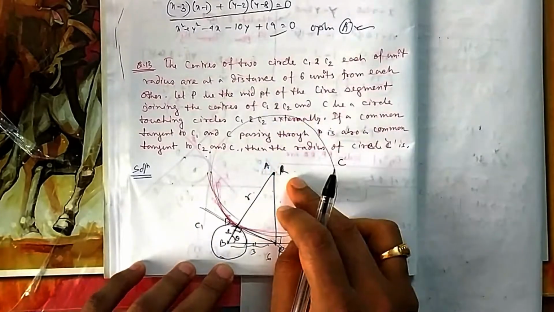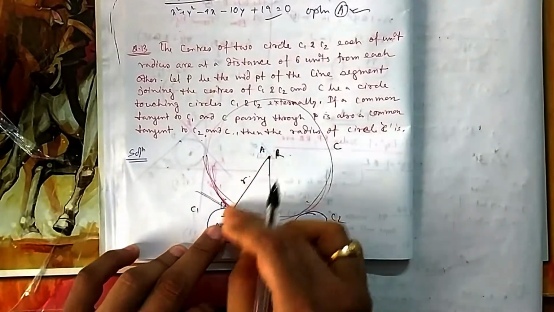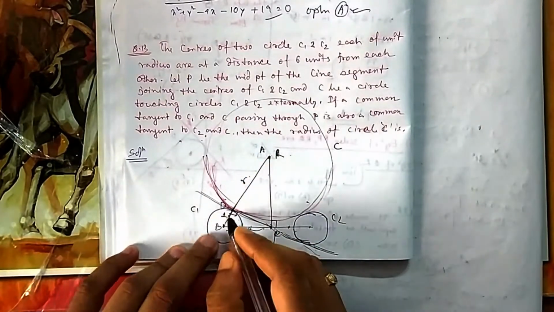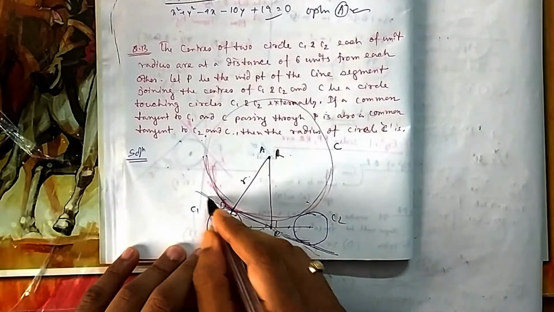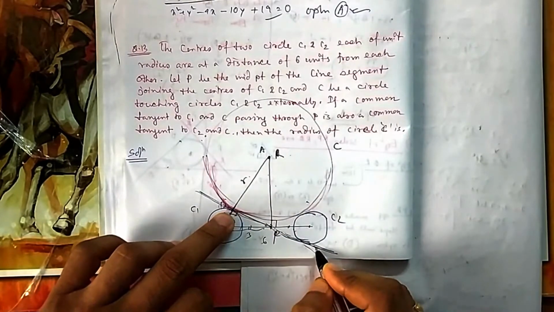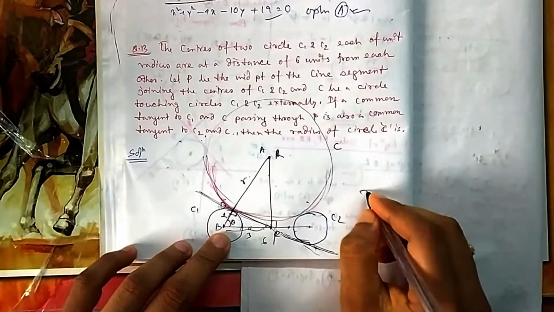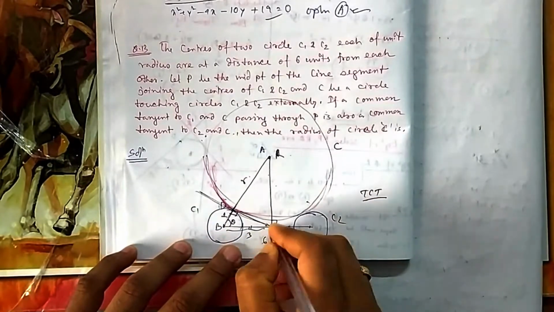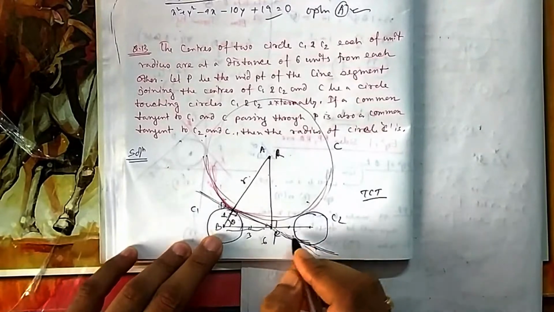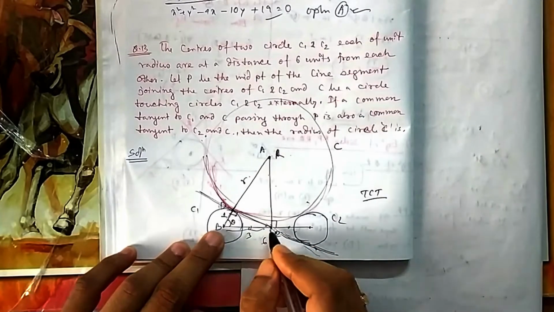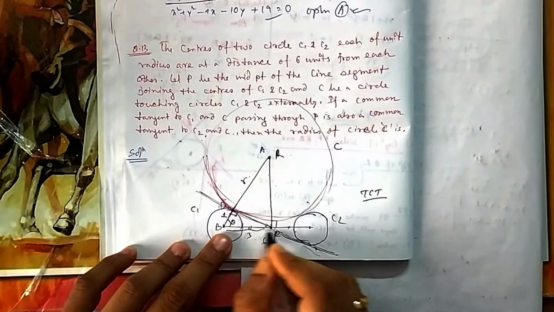Then what should be the radius of this circle? If this becomes a common tangent, then obviously it will be a common tangent of C2 as well, because once this line becomes a tangent of C1, it will obviously be of C2. Why? Because it is a transverse common tangent, TCT. You know TCTs intersect at a point in the ratio R1 is to R2. Because the radii are 1 is to 1, they will intersect at the midpoint, 1 is to 1 meaning 3 and 3.